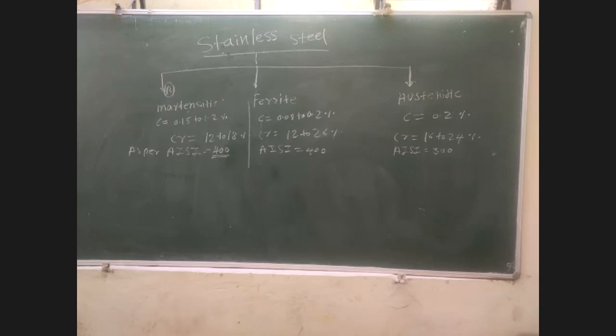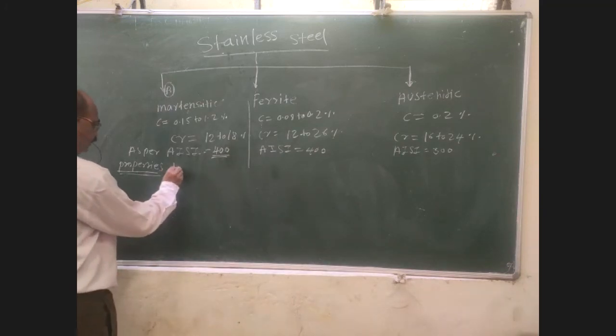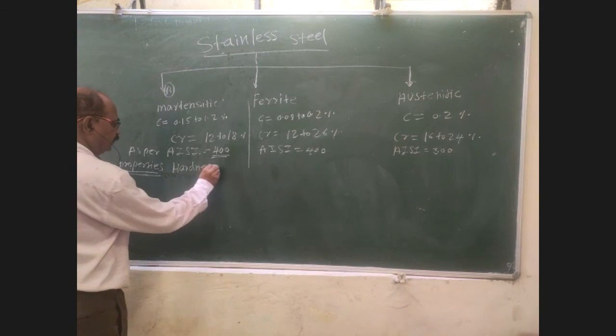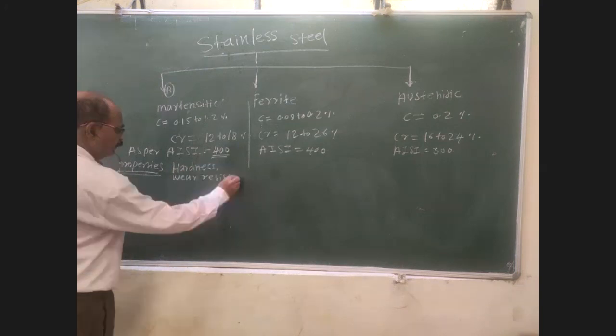Okay. Now, what are the properties of this? Martensitic stainless steel: good hardness. This is one property, hardness. Then wear resistance. This is the next property, corrosion